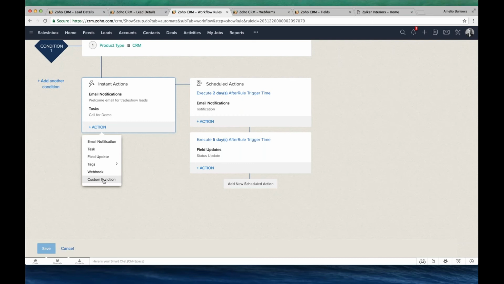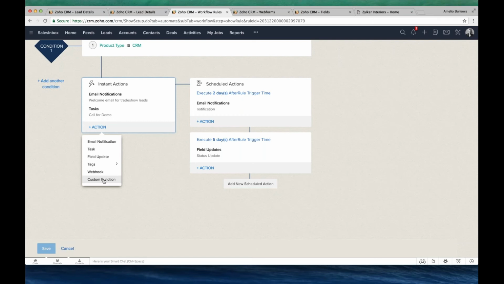Actually, this workflow acts as a webhook register. You can configure a URL inside it, and whenever a lead or a deal or a contact gets created, if you want to notify that software, you can achieve it through the webhook. This is very, very powerful. It actually leads to the extensibility of the software.